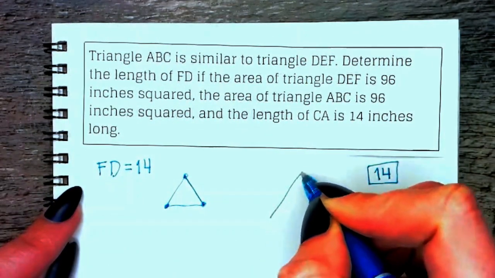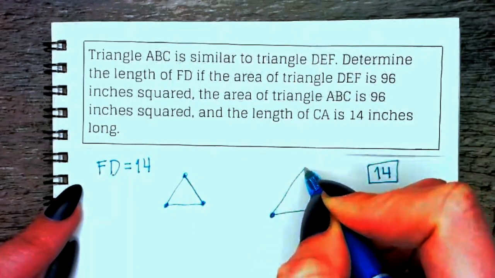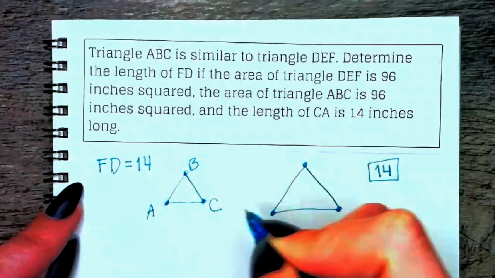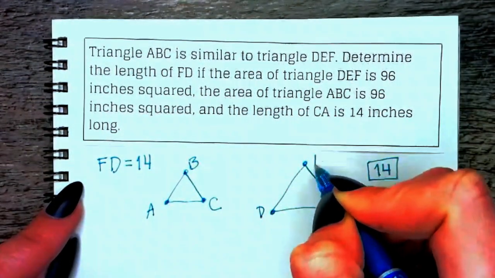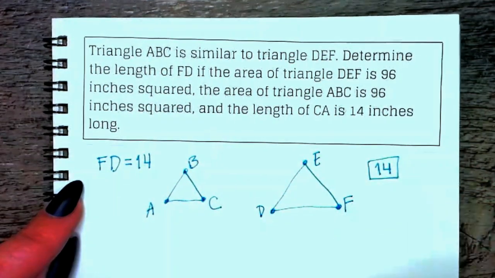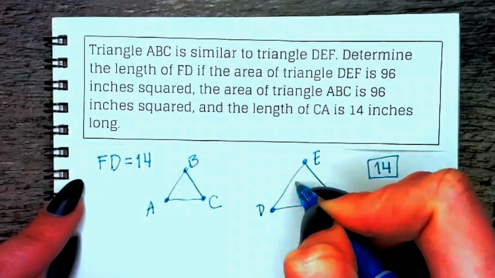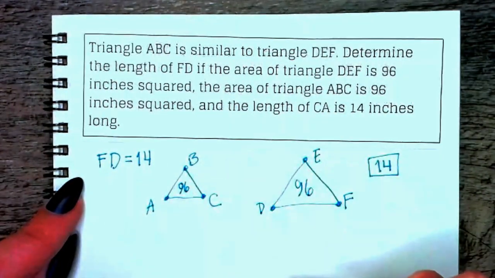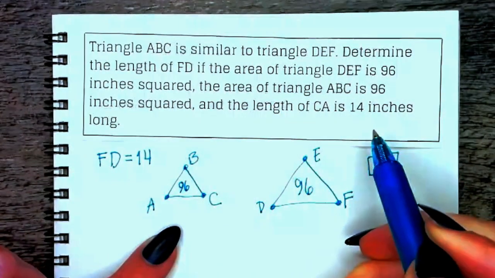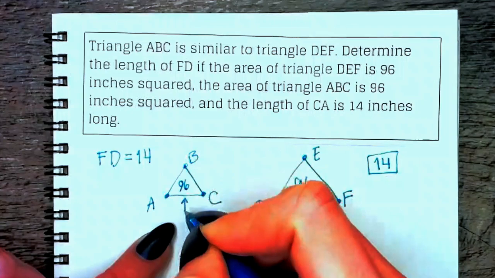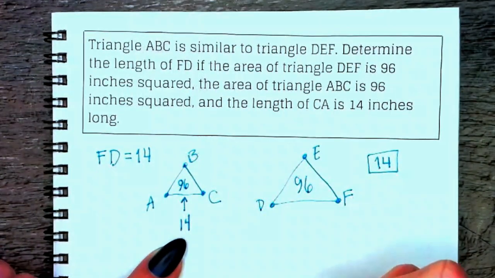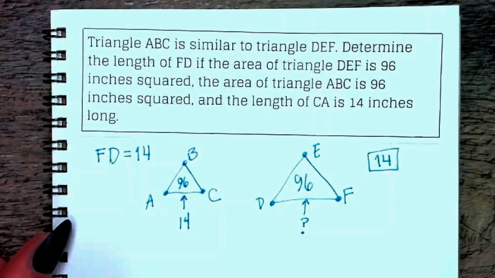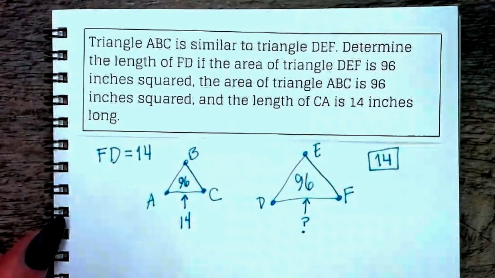Okay. So let's draw a picture. Now we know it's not to scale. A, B, C, D, E, F. The area of this triangle is 96 inches squared, and the area of this one is 96. Then CA is 14. Then how long is DF? Well, there's the problem. Now, if we were going to do this the long way,